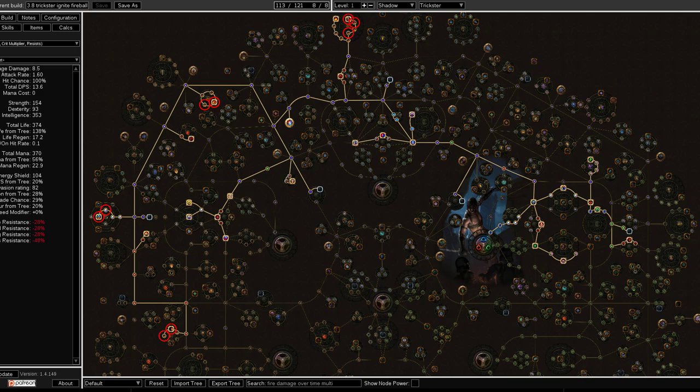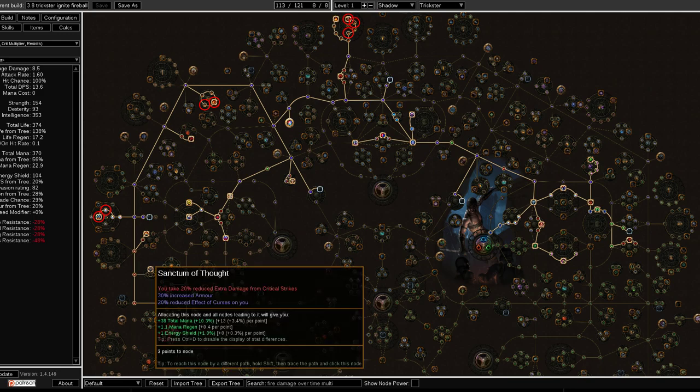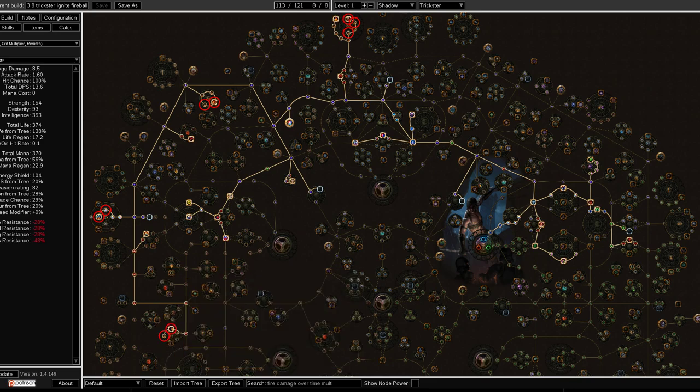Guard skills are particularly good at ensuring that when you are surprised, like when you're surrounded by enemies and taking a lot of damage, you can throw up a guard and just endure some of the damage that's coming in. In terms of guard skills, this build, Molten Shell is the strongest of the guard skills, but